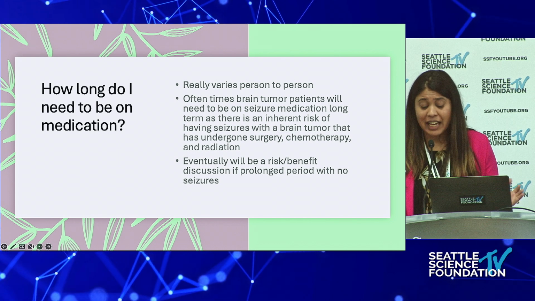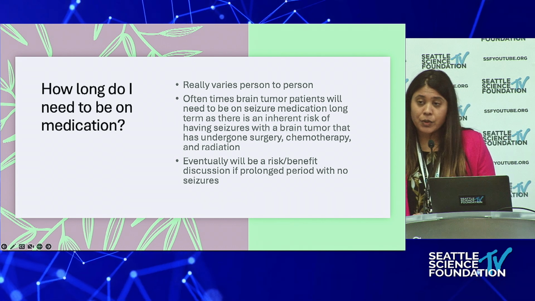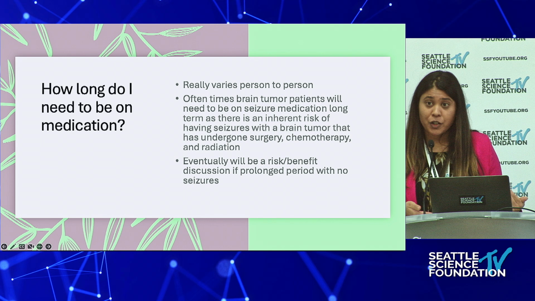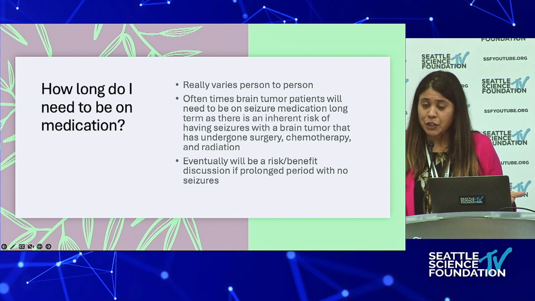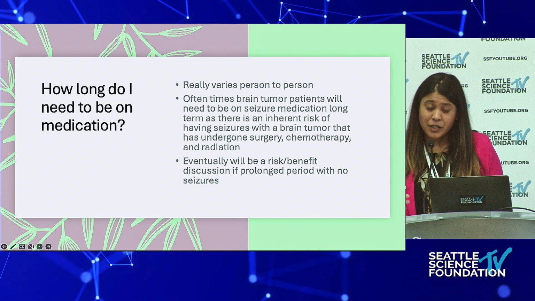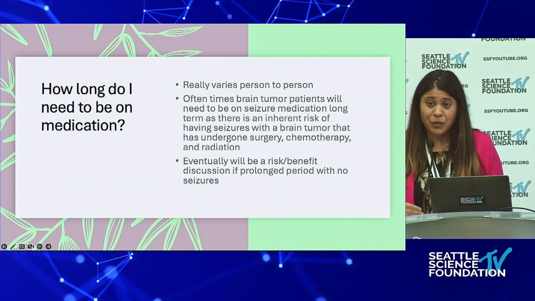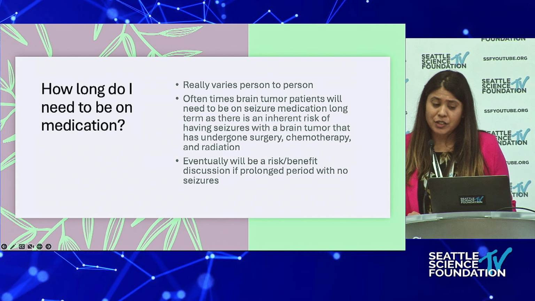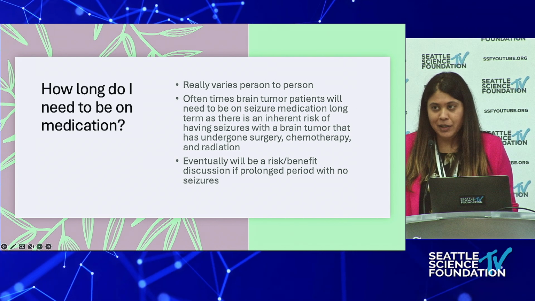And eventually, if you're like, I haven't had a seizure in 5 years, can I come off my seizure medication? It's always a risk-benefit discussion, because it could be that you haven't had a seizure because you've been well controlled on the medications you're on, or just your threshold is a lot higher for having seizures, and you may be okay off of medication. But there's always an inherent risk. So I always talk to my patients and say, if you are okay with taking that risk, and remember, there's a lot of consequences that happen if you do have a seizure, which I'll get into. So as long as you're okay with potentially having a seizure, we can start to taper down your medications.